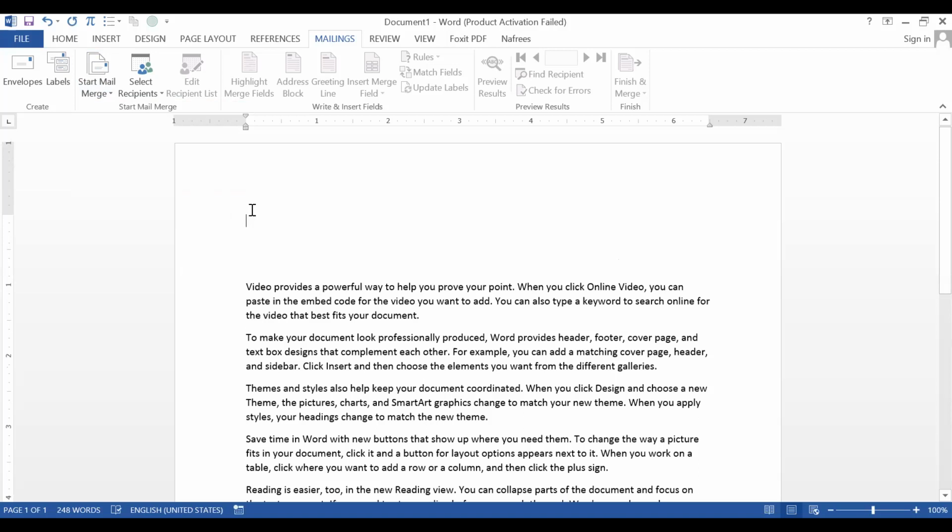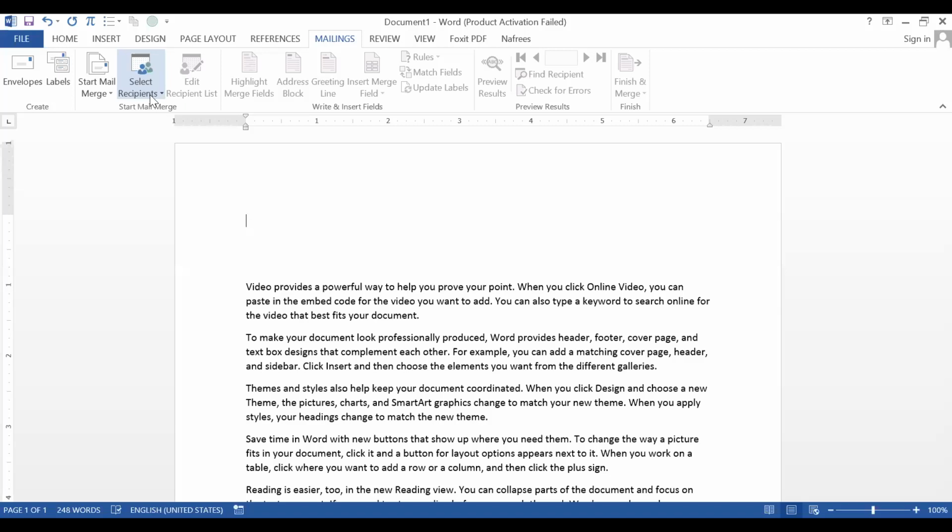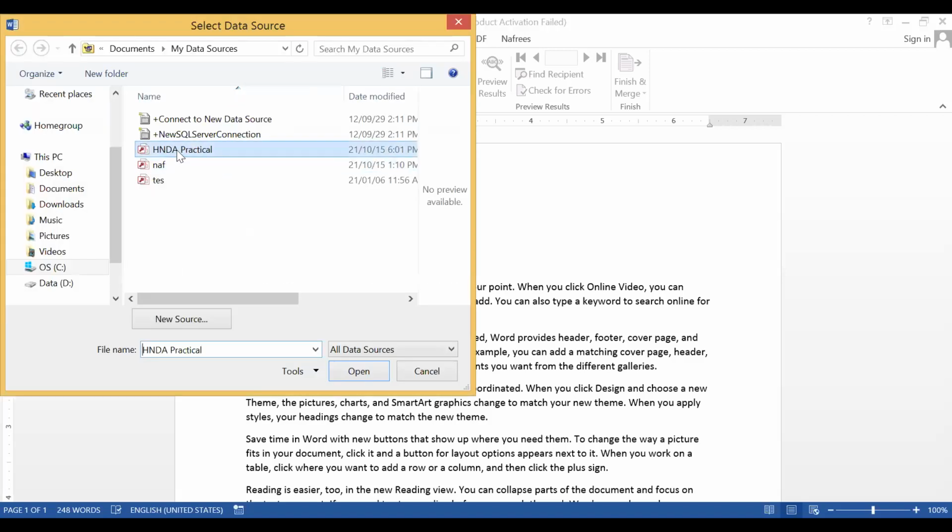So the next step is, once you select this one, the next one, you have to use your recipient list. I have already created the recipient list. Therefore, I can select the recipient list from the saved items. So go to select recipients and select use an existing list. And from that, this is the one I have created, HNDA practical.